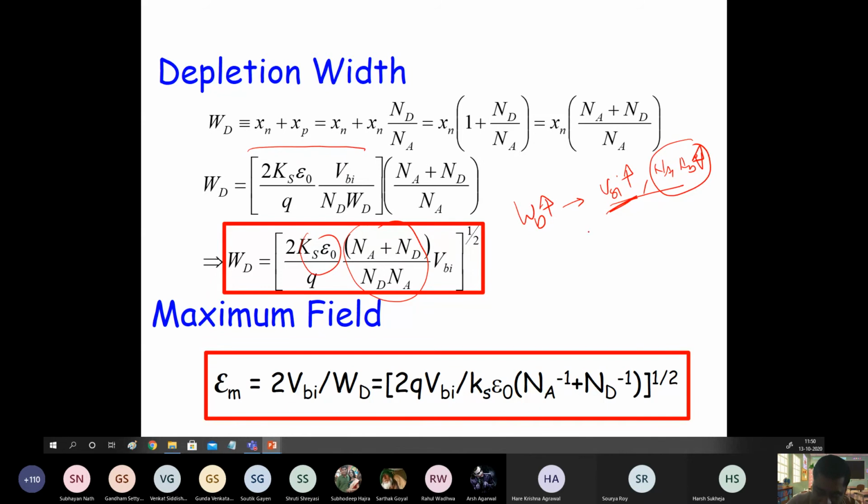let's say if you consider both are equal, right? If both dopings are equal, let's say 10 to the 17, so this will be 2 by ND or Na, right? So it's basically decreasing. So with doping, the width is actually decreasing. You understand? For higher doping, the depletion width will be less because of this expression. Because of VBI it may slightly increase, but that is logarithmic, so that increase will be small and this decrease will be large.